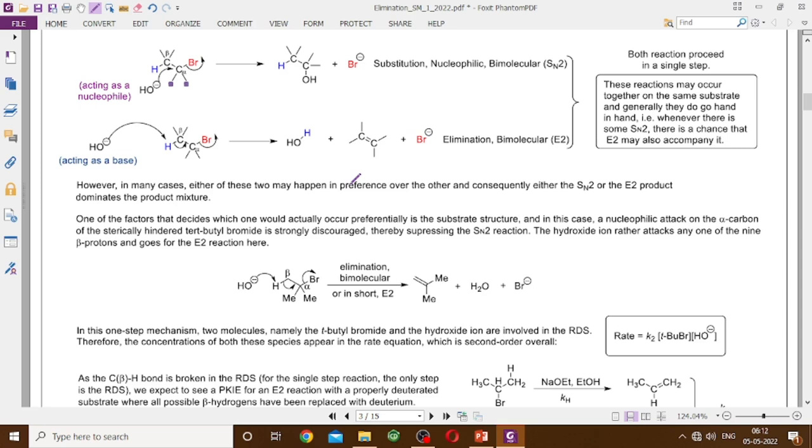Therefore, E2 reaction is possible and strongly favored for the tertiary centers, tertiary organohalides যার বিটা হাইড্রোজেন আছে,